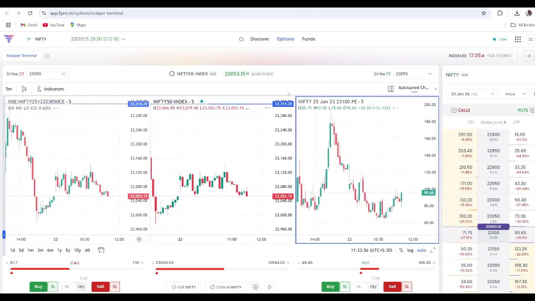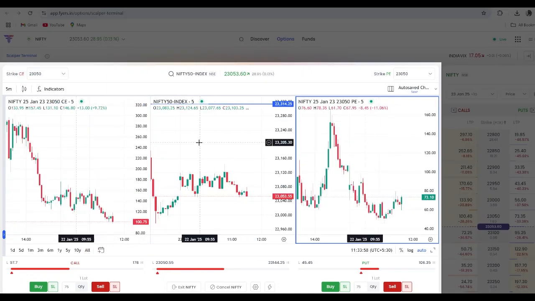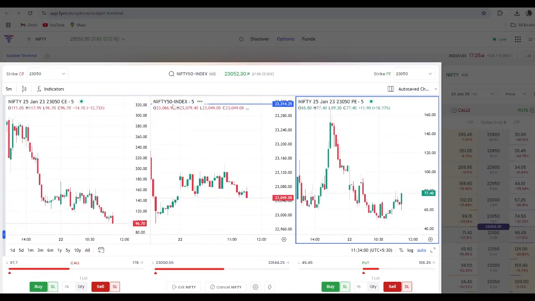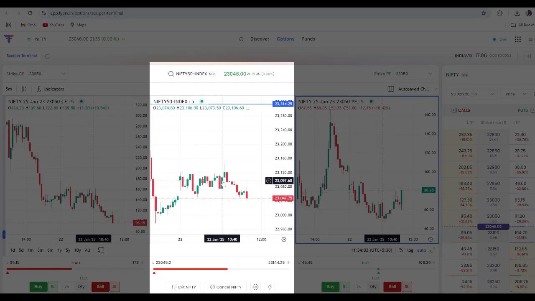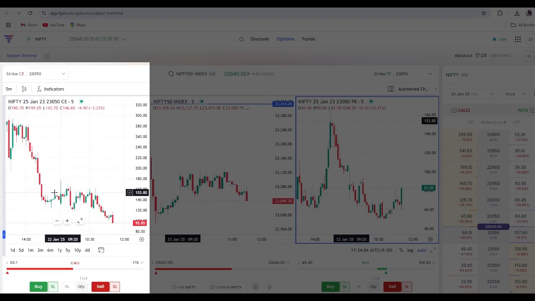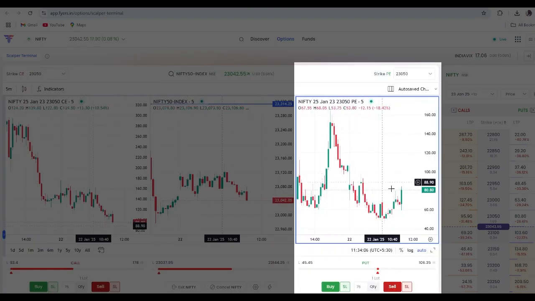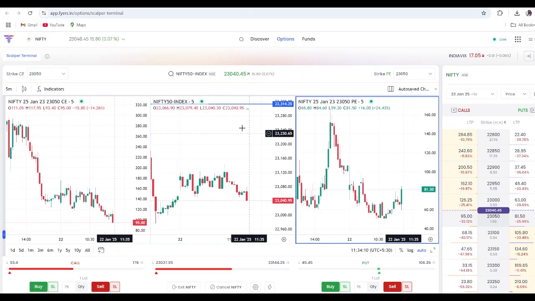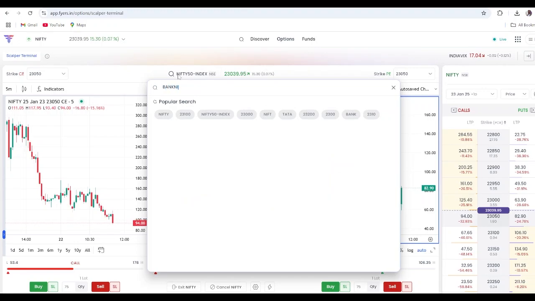this particular screen will open which has three things in front of you. For example, we are looking at Nifty. So the Nifty index is in between. The ATM call is on your left hand side. The ATM put is on your right hand side. Okay. So if you want to look at say Bank Nifty, you just need to change this